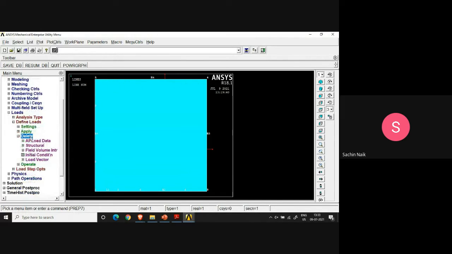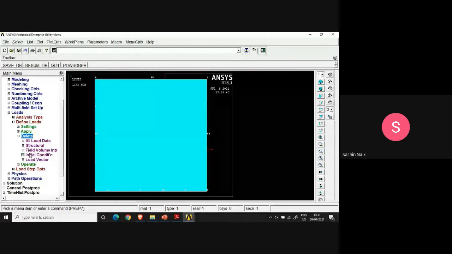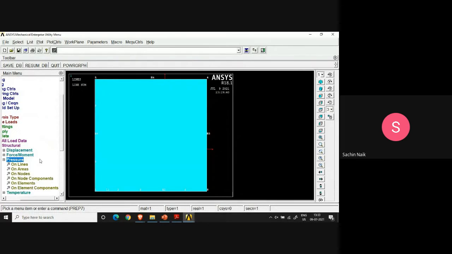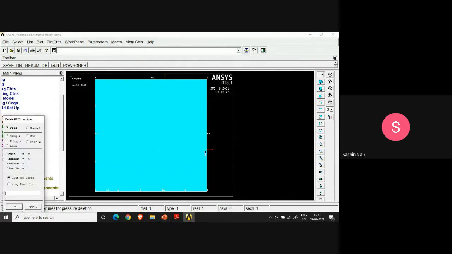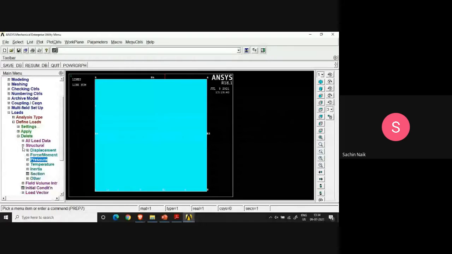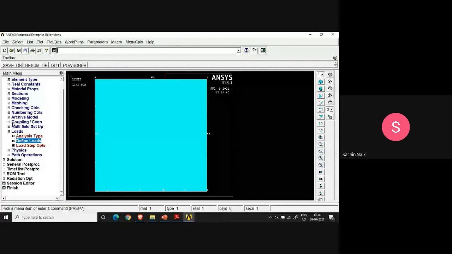So you see delete loads is there, and then you have the options: structural, on pressure, on line. This is the line I want to delete the load on. So I say okay, and the load is gone. So yeah, nowadays, it is more my students who use the software than I. Okay, so please bear with me. But the idea is very important. So load is applied, boundary conditions are applied. Now you have to mesh the model so that you can proceed towards the solution.